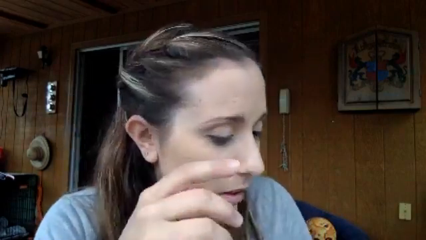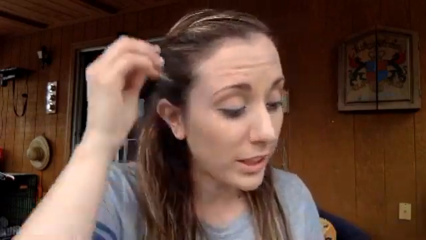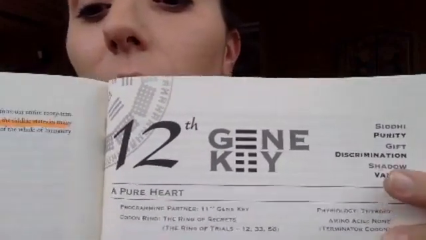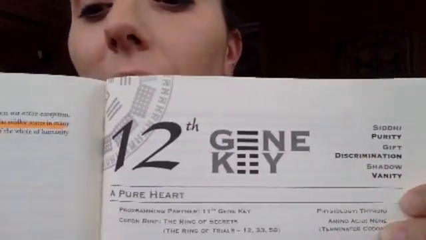Okay, vanity. I'm getting one. This is vanity. I think that's 12. Yeah, 12. Okay, so the Gene Key 12, which is a pure heart. I'm going to show you this one. This is, see how many things we can do with this? Purity, discrimination, and vanity. The programming partner is the 11th Gene Key. We have the physiology is the thyroid. It doesn't have an amino acid, but